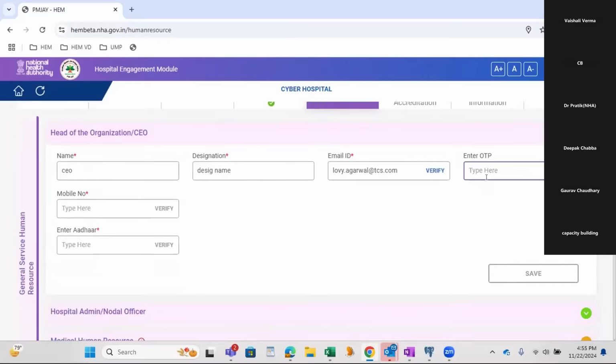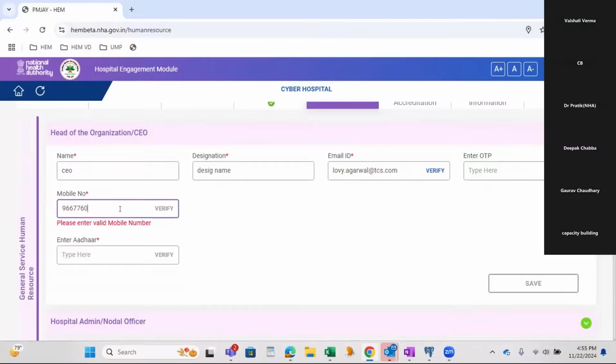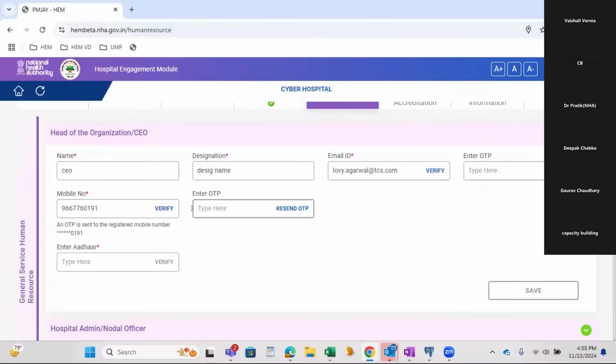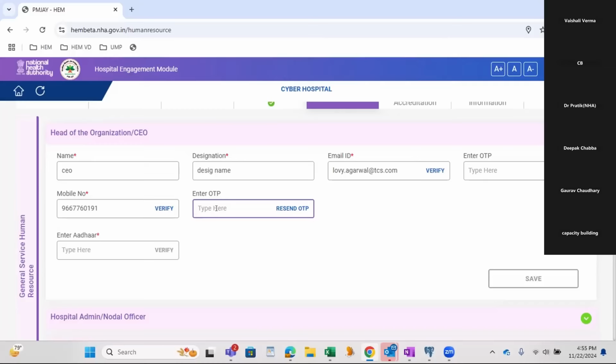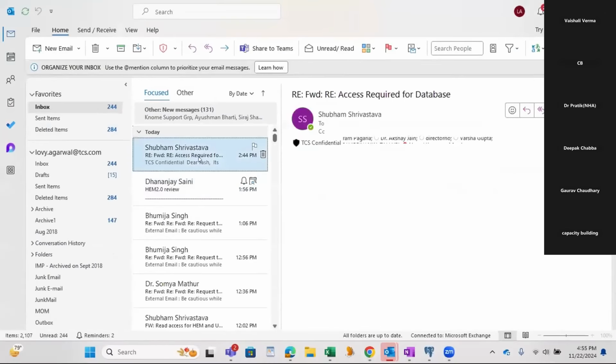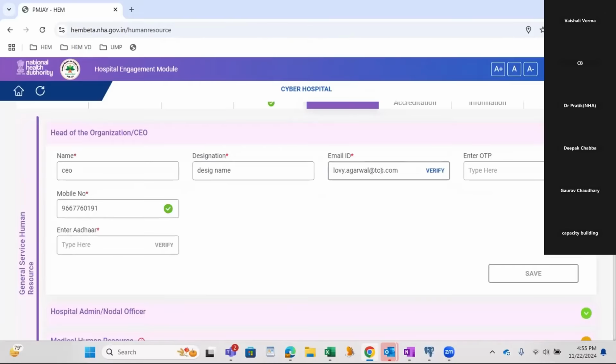Meanwhile, I'll enter the mobile number also for the mobile verification. Verify. So this is verified. I still have to receive the OTP for the email ID.